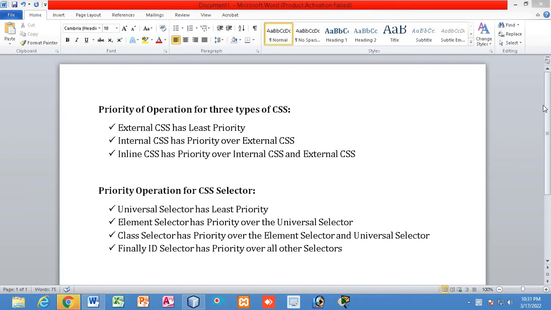Hello student. Now we are going to discuss the priority order. So if I discuss the priority of operation for the three types of CSS that we have discussed, there are three